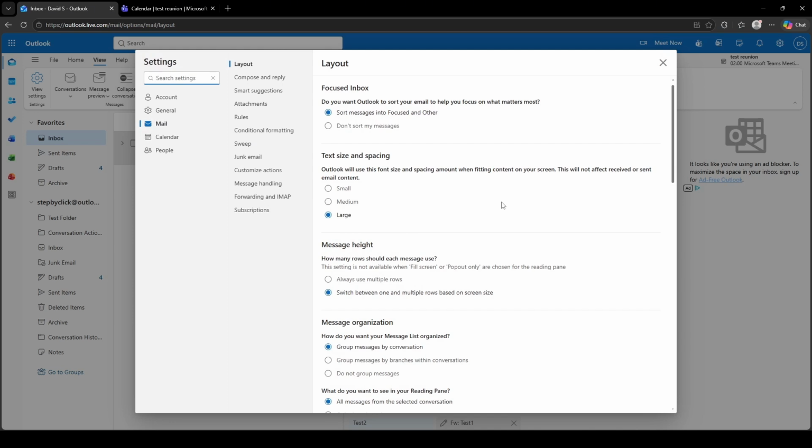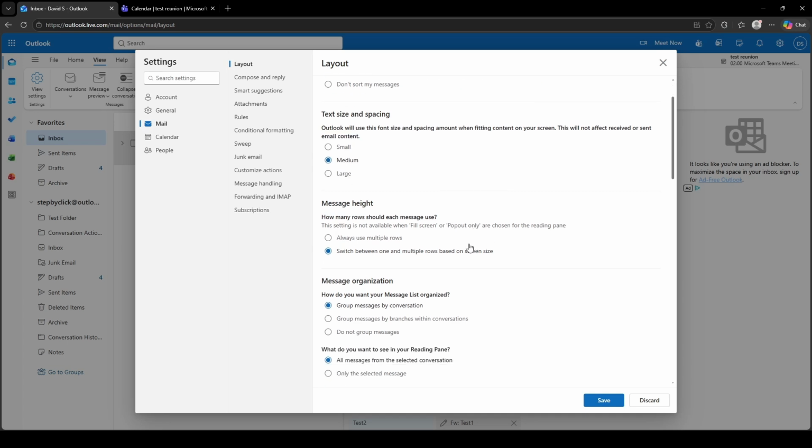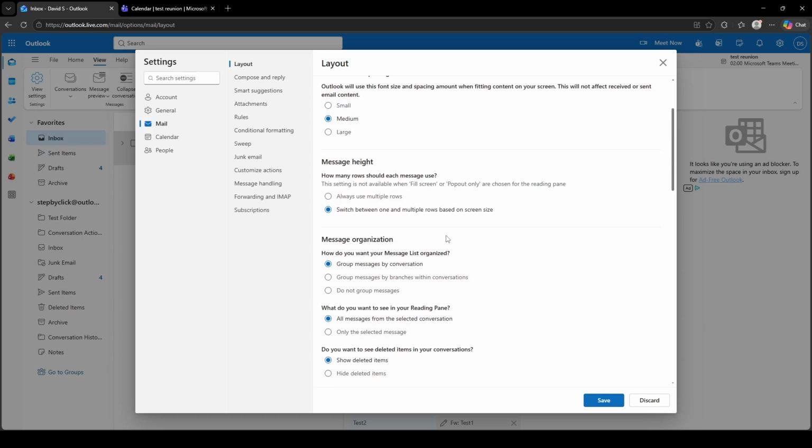You can adjust the text size, choose Small for a more compact inbox, or Medium and Large if you prefer bigger and easier to read text. You can also adjust the spacing between messages to make your inbox feel less crowded or more airy, depending on your preference. Scroll down further and you will find options to change message height, toggle sender images on or off,